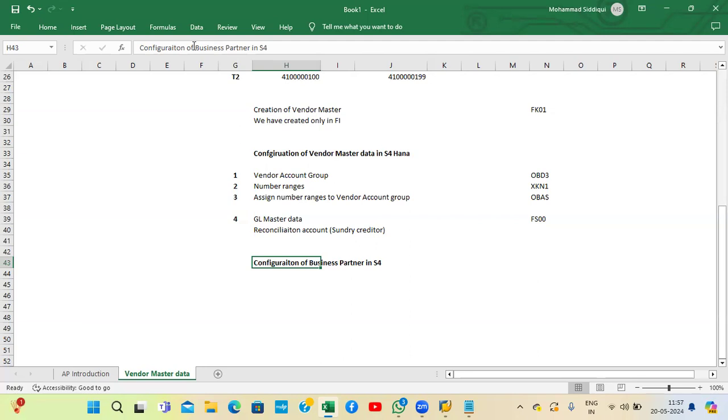Do you understand what a business partner is at a high level? Yes, sir. Without creating the business partner, we cannot create the vendor master in SAP. So first, we need to define the